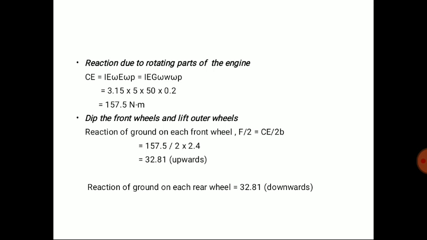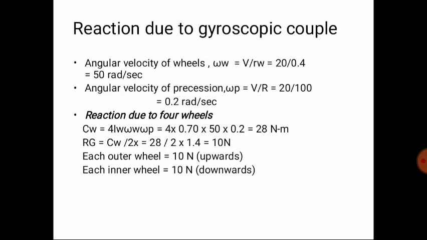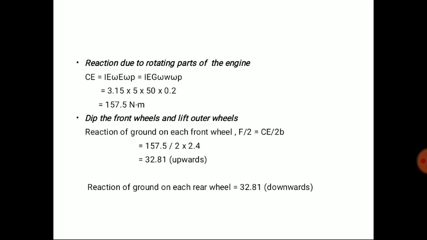Clear? Means the total gyroscopic couple acts at a time for the combined effect. It acts as a combined effect, right? One of the things you will find most confusing is that when we are considering the effect due to wheels, it acts on the inner wheel or outer wheel. And when we are considering the engine, we do not consider inner wheel or outer wheel. We consider the front wheel and rear wheels, not inner and outer. We are considering front and rear.